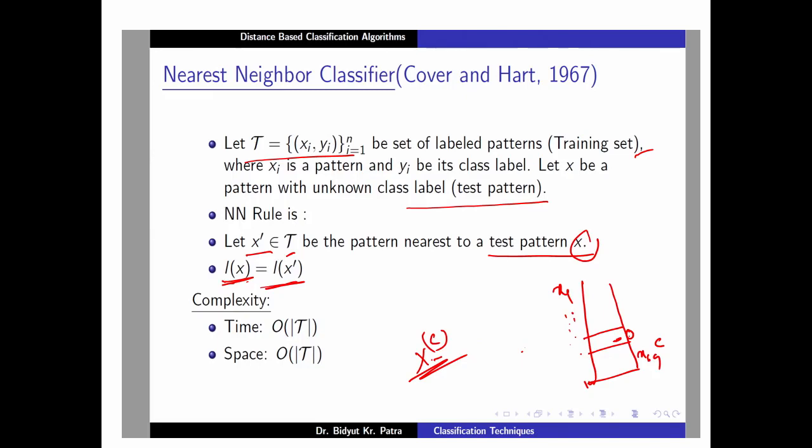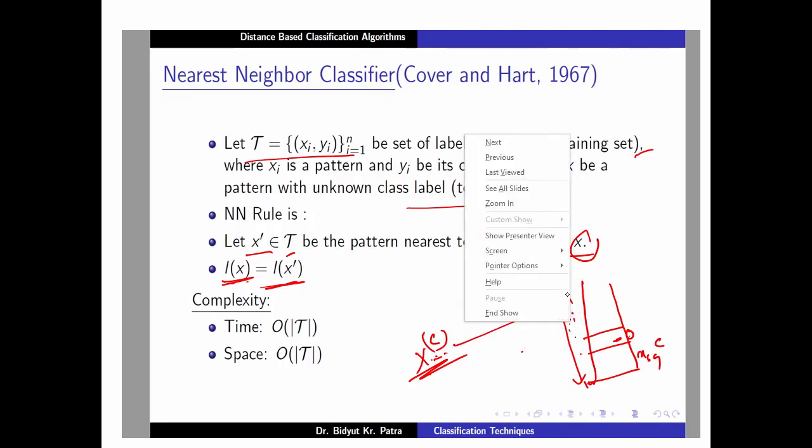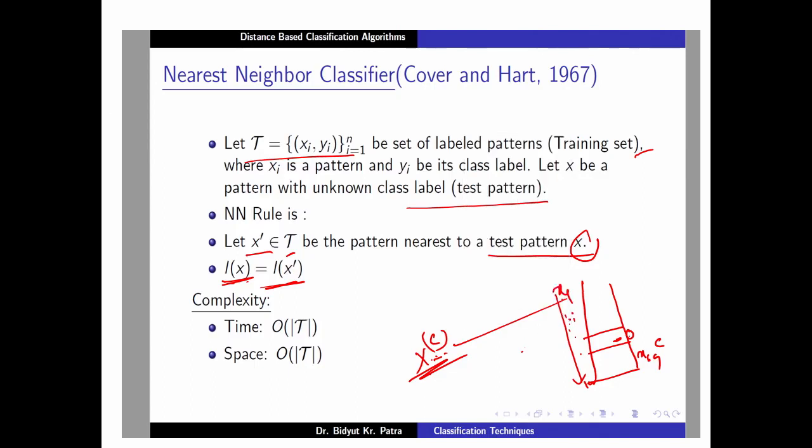So, what will be the complexity? You compute the distance from x to all points, and always store which distance is minimum. Initially, the first distance is the minimum. Then you go to the next distance computation, and if it is greater than the previous one, the earlier one remains the minimum, and so on, and you keep doing this until the last point. So, the complexity will be of the order of the size of the training data set. It is so simple, right, but in 1967, it was difficult.